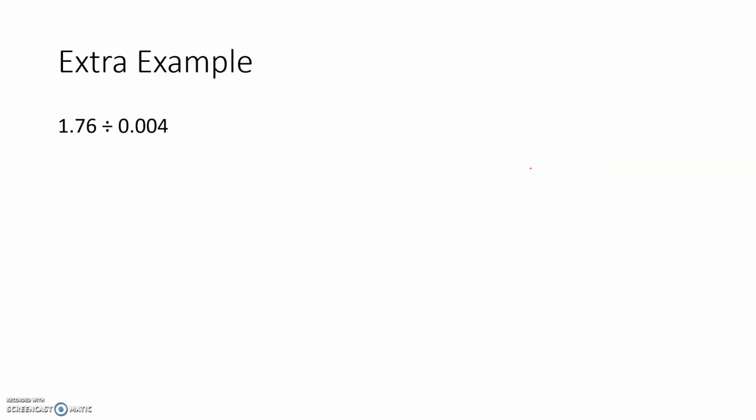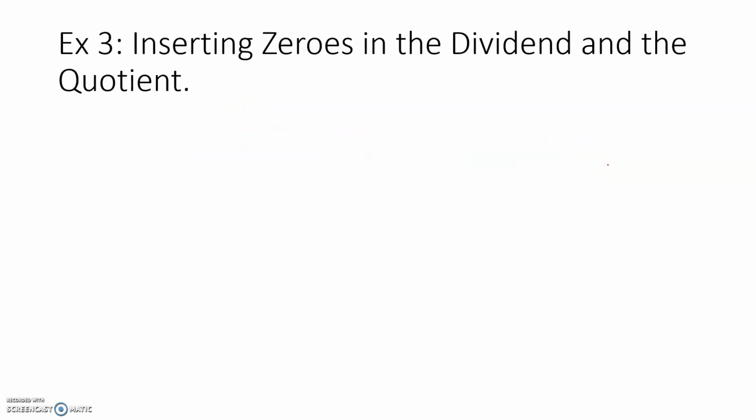I'll do my own. Oh, so let's see. I'm going to do it myself. So 2 and 45 hundredths divided by 0 and 7 thousandths. Okay. So I have 2. So there's my problem. So the first thing I need to do is I need to multiply both sides times